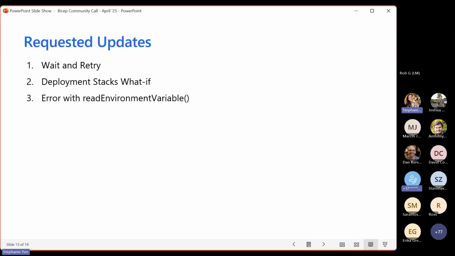Deployment stacks What-if update. I'm not sure if Marcin, you or someone else wanted to cover this as well. For deployment stacks What-if, we are working on a feature that will allow adding What-if to deployment stacks. The primary scenario that we're focusing on is being able to predict which resources will be deleted by a stack when you're updating or deleting the stack, although if you're deleting, it's easier to figure that out. But we are also going to include the ability to see what configuration changes will be made by the stack, and this will include all of the